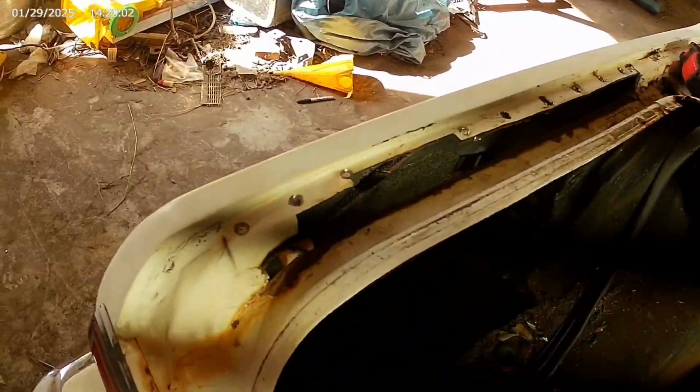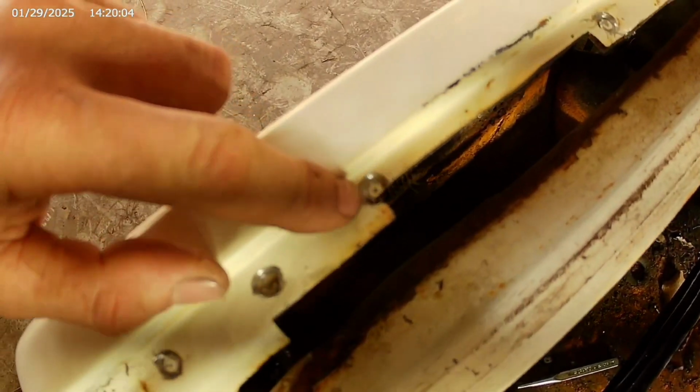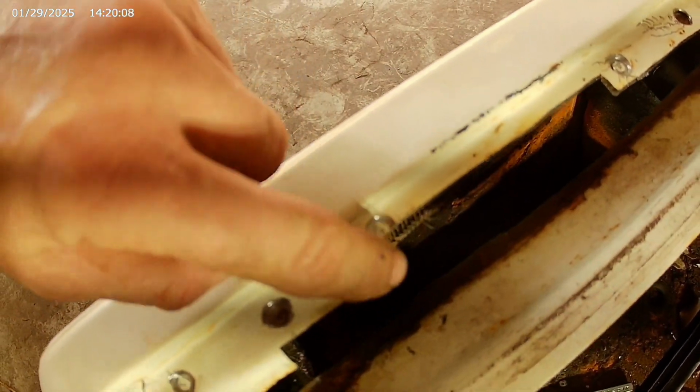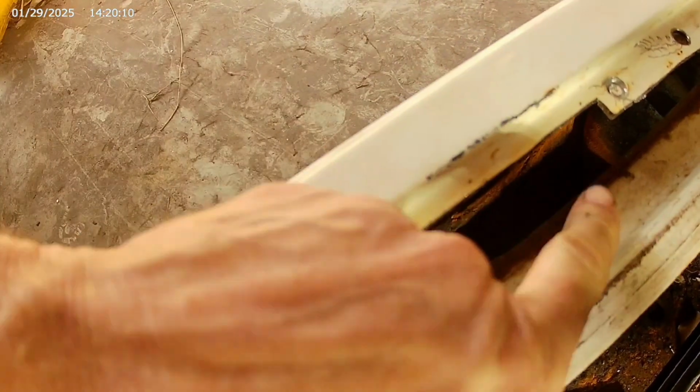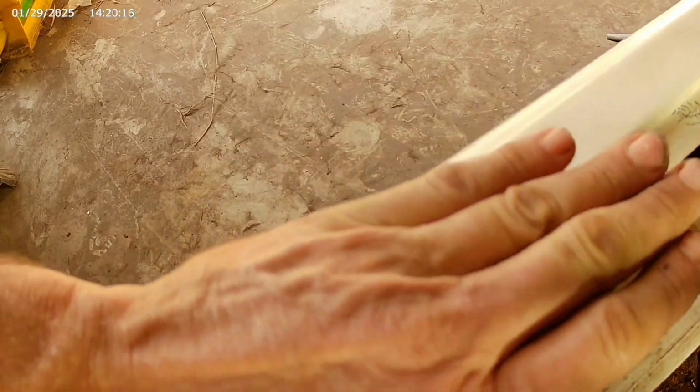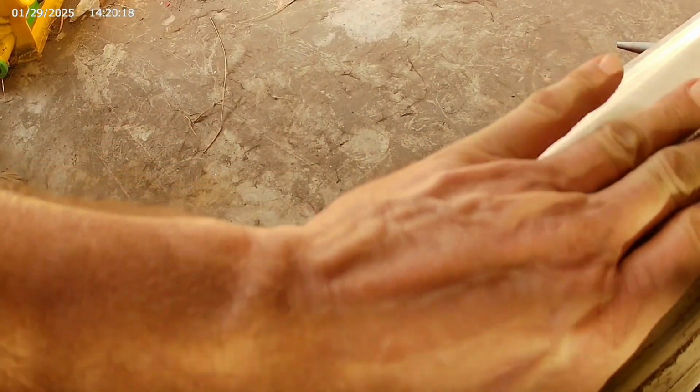Okay, so we've removed a little more material here. As you can see, we have a cut in. There's a little bit of extreme rust. There's a piece of metal underneath here that I'm trying to save. I'm going to flange it down, step it down, to set another piece of metal in over top of here